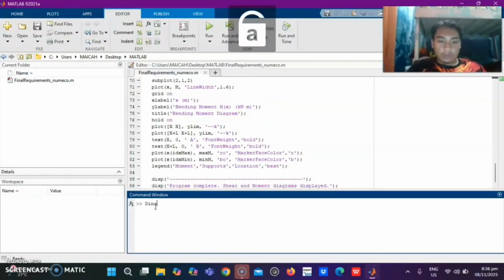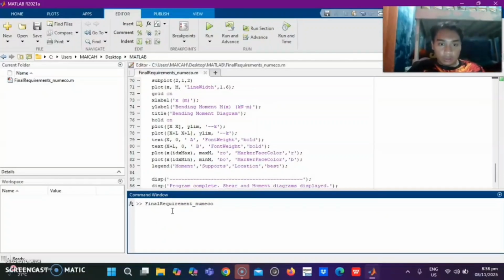So we just have to input here the script name that you decided, final requirements underscore Nomeco. So enter. Now this will activate the script.